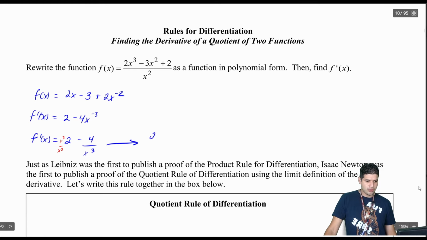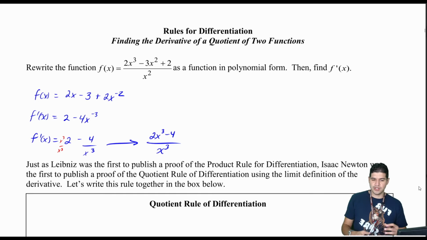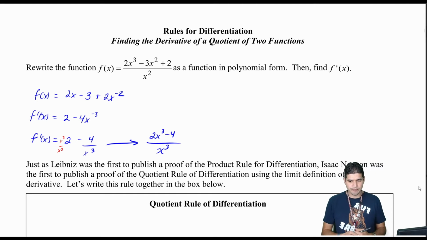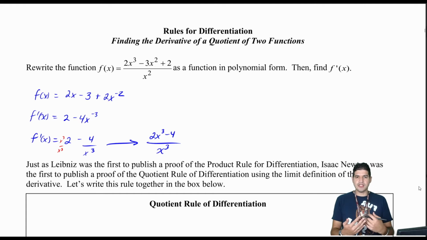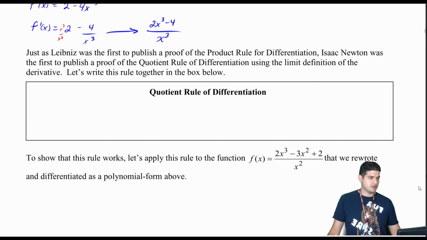So I'll get 2x cubed minus 4 all over x cubed. And it'll simplify. If I were to divide everything by x cubed, we would get back to that original f prime. So something to keep in mind here. And we're going to use that now, and I'm going to give you the quotient rule. So again,